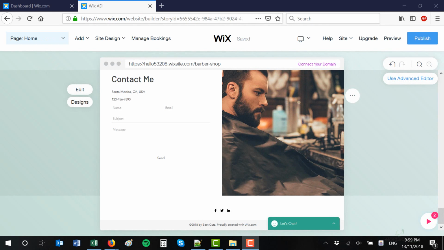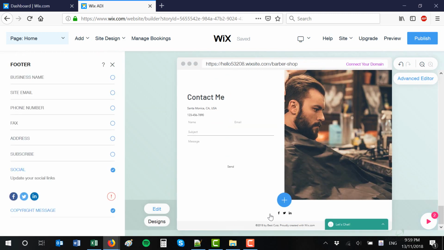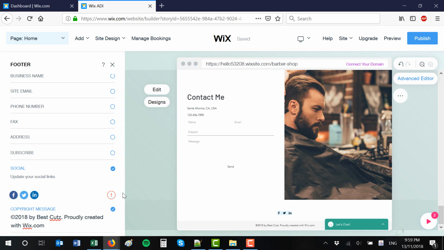Now I would like to take you through how to update the social media links at the footer of your website or anywhere else that they happen to appear, depending on which template that you're using. So to do that, click on the footer area or wherever your social links are appearing. You'll notice that there's an exclamation mark here if you haven't updated the social links to your own. So what you need to do is just click on that